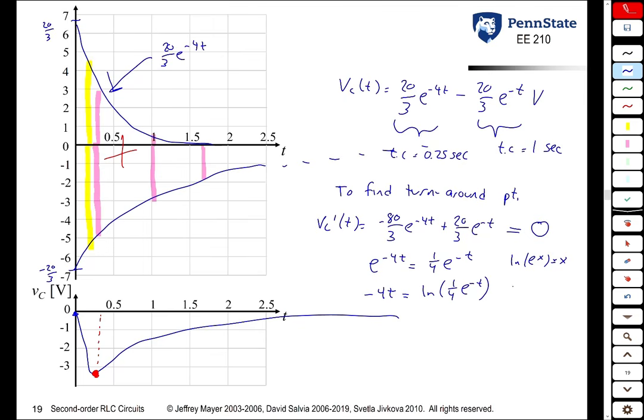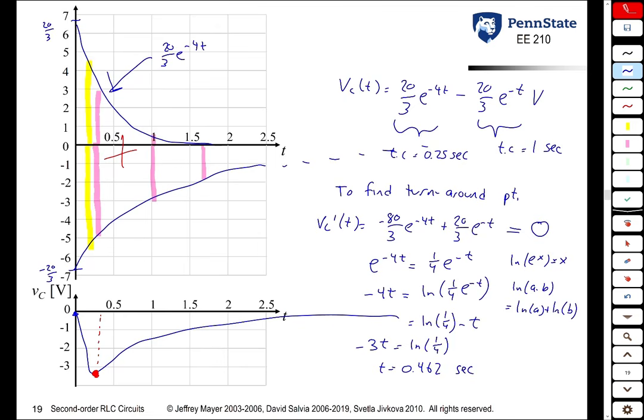The next thing you should remember is that the natural log of a times b is the natural log of a plus the natural log of b. So the natural log of 1/4 e to the minus t is the natural log of 1/4 plus the natural log of e to the minus t, which is minus t. So you get that minus 3t is the natural log of 1/4. Solve for t, you get t equals